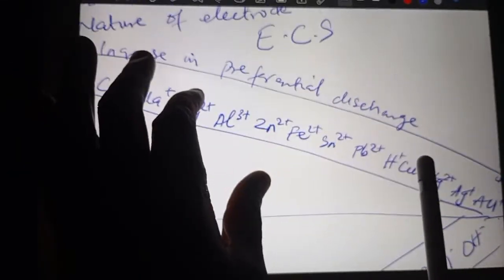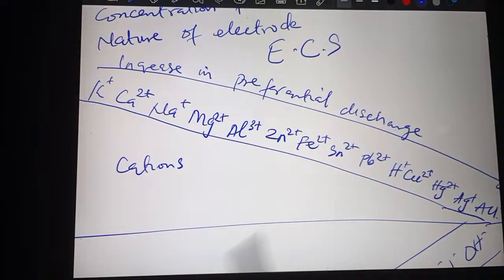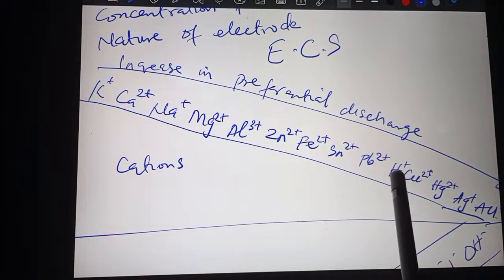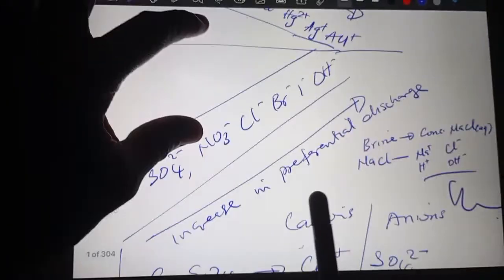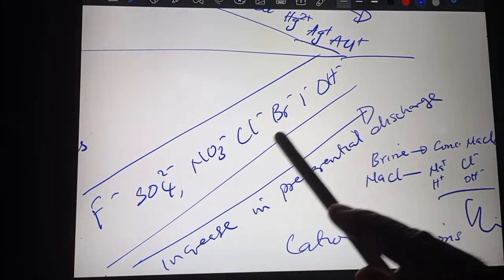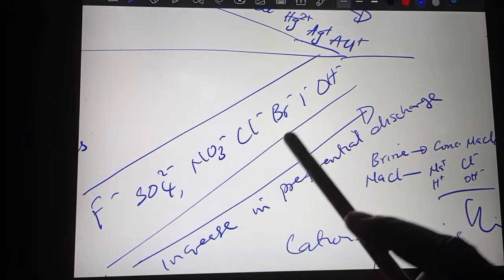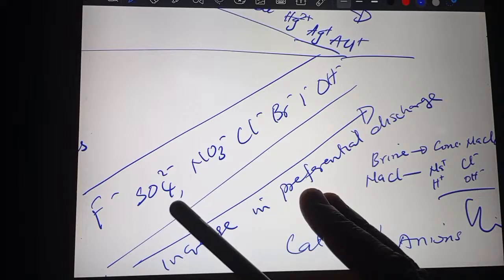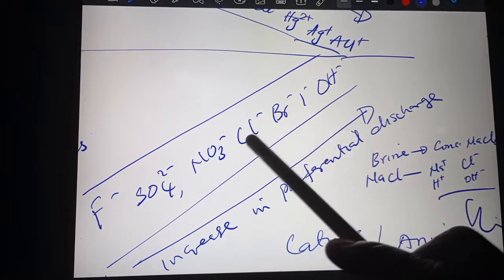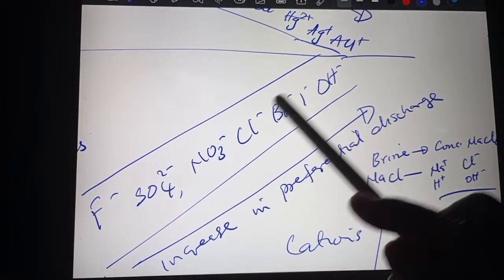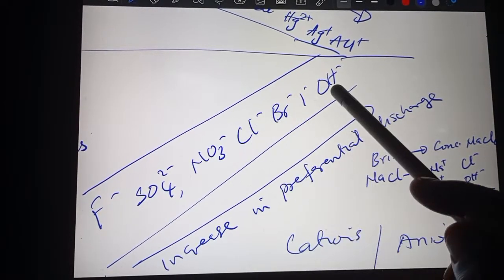Factor 1 will take over. Concentration doesn't have an effect. What will determine what is discharged now is just the position. Hydrogen will be discharged at the cathode and not sodium. But if you come to the anode, they are not separated. When the competing ions are not separated by more than 2, and what is in between chloride ion and OH is 2,